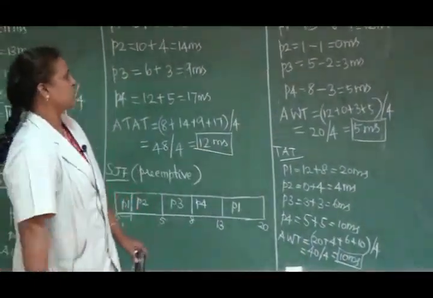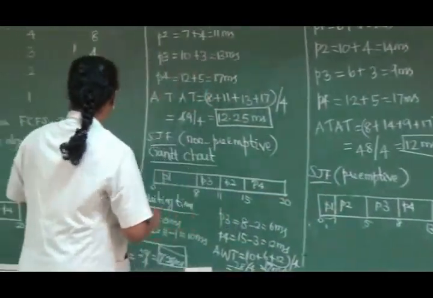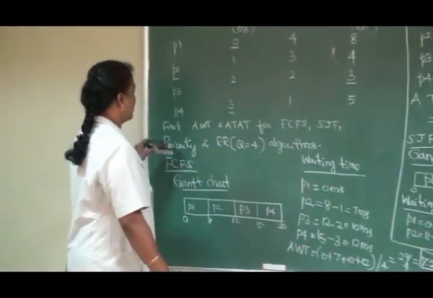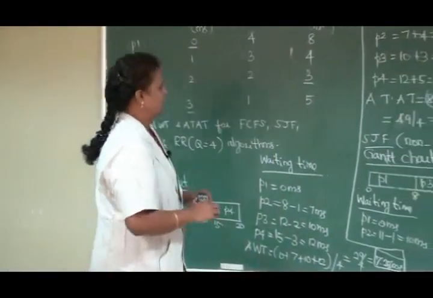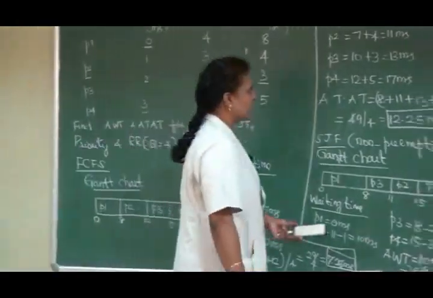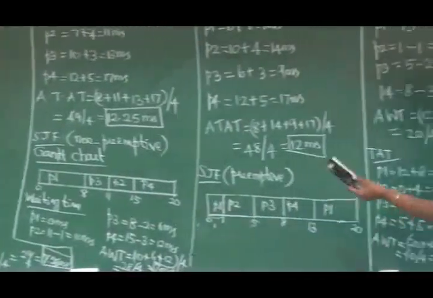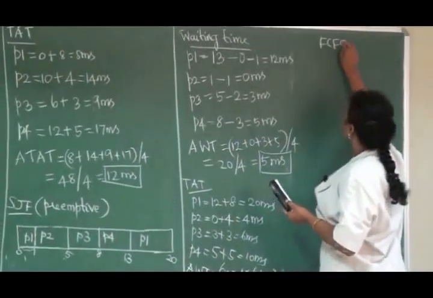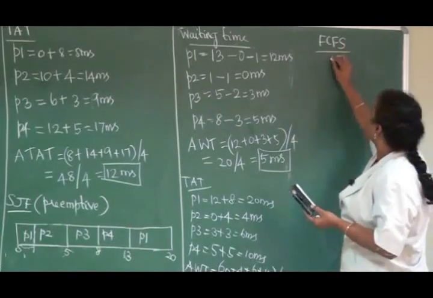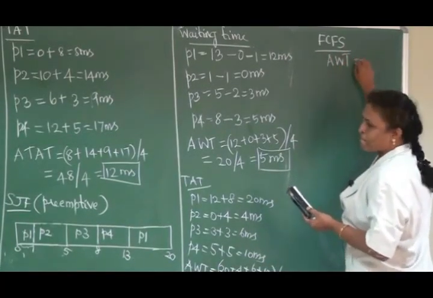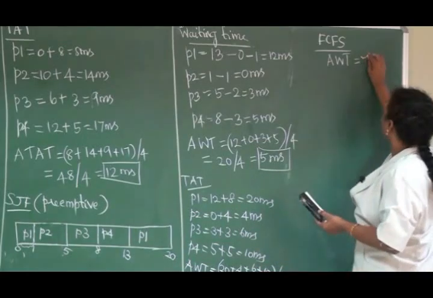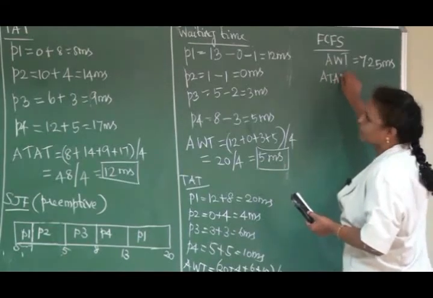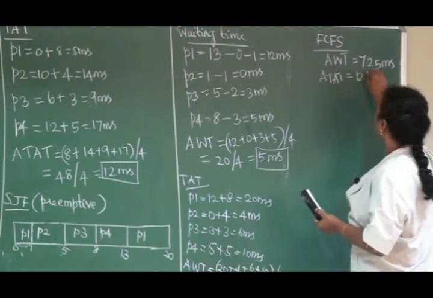10 milliseconds. So now we will go to the next algorithm, called priority scheduling. So here I'll copy the values for FCFS. For FCFS, its average waiting time is 7.25, then average turnaround time is 12.25,